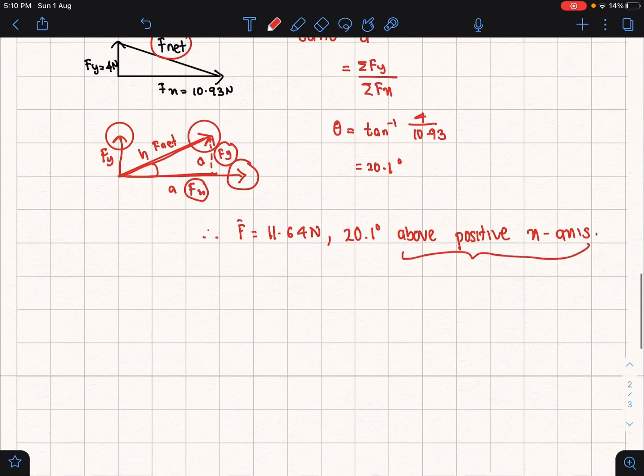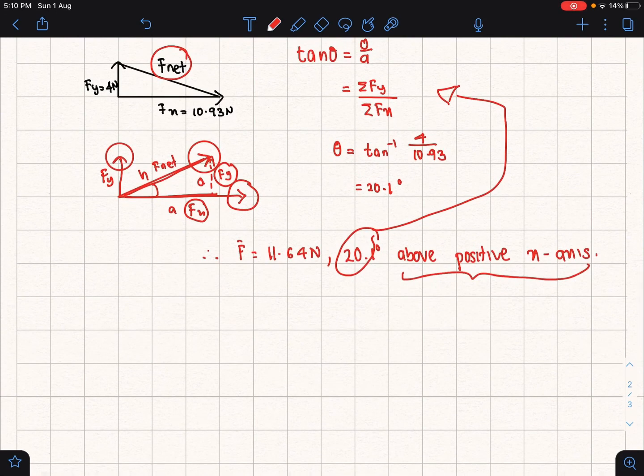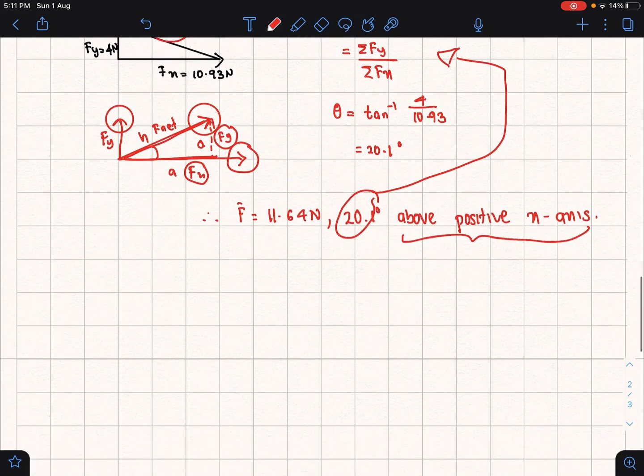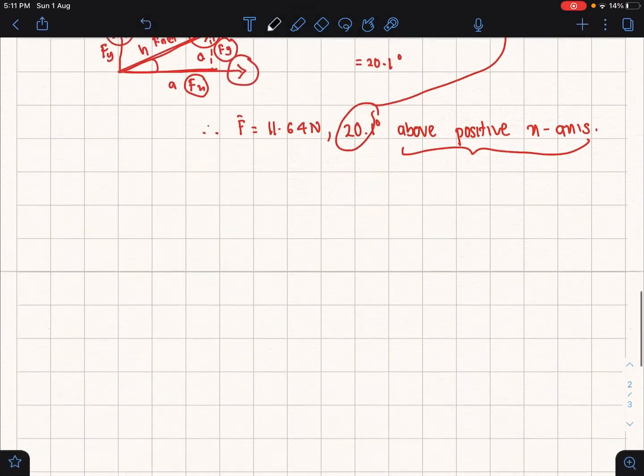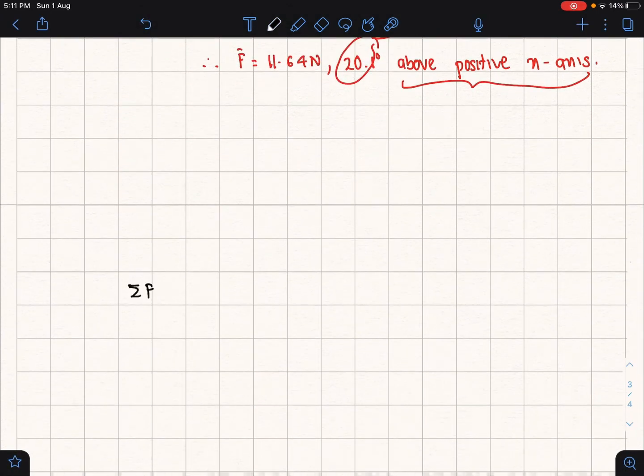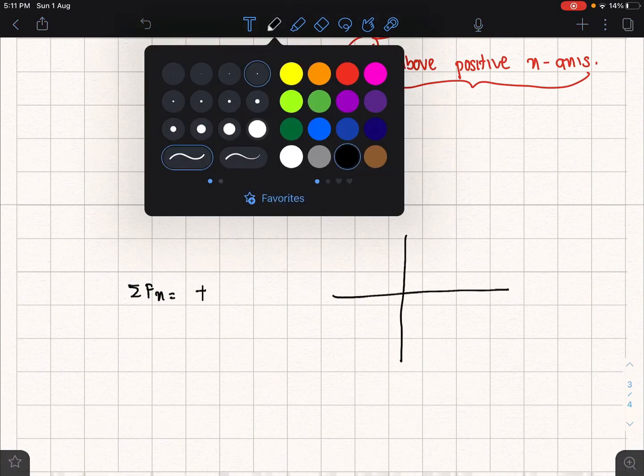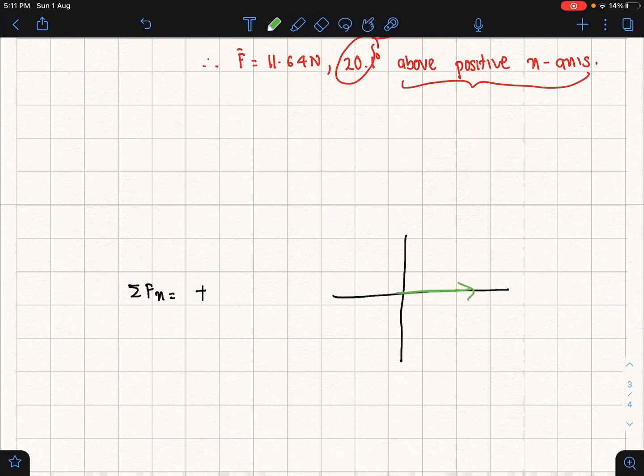Okay, the direction angle we find using tangent trigonometry. But how do you deduce whether it is above the positive x axis or above the negative x axis, and so on? You look back at your summation Fx and Fy. So let's say after you draw the table, you get the summation of F along x. If it is positive, it will sit along the positive x axis here. This is positive Fx. Okay, say you get your summation Fy,